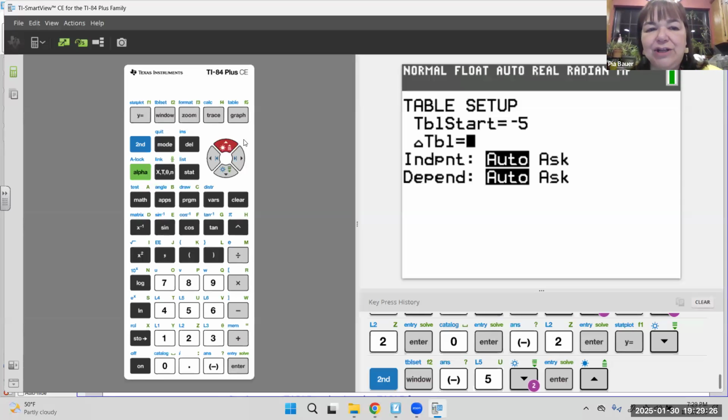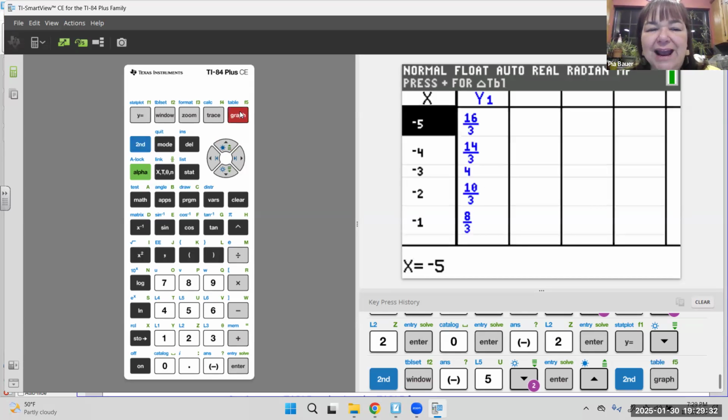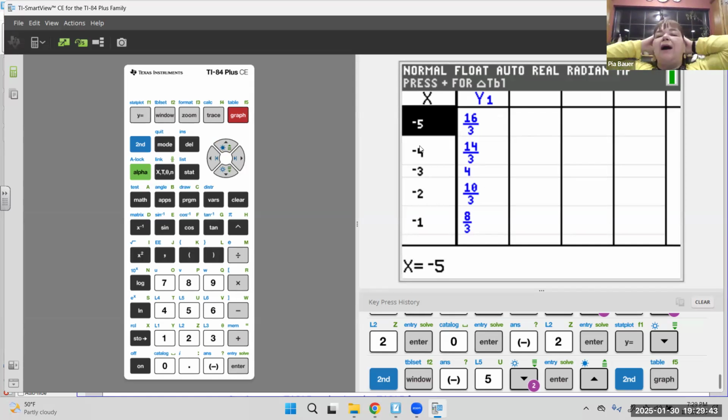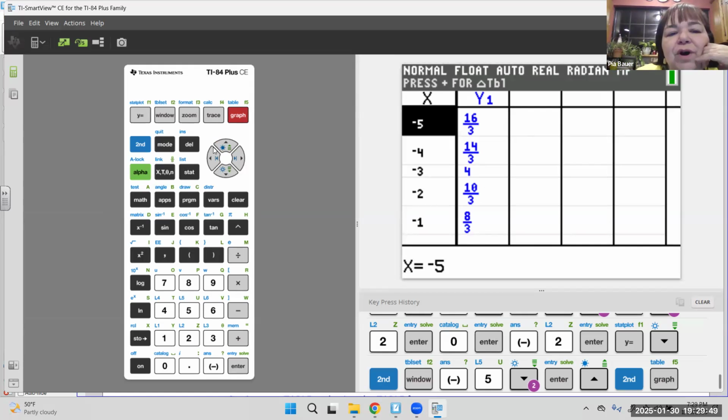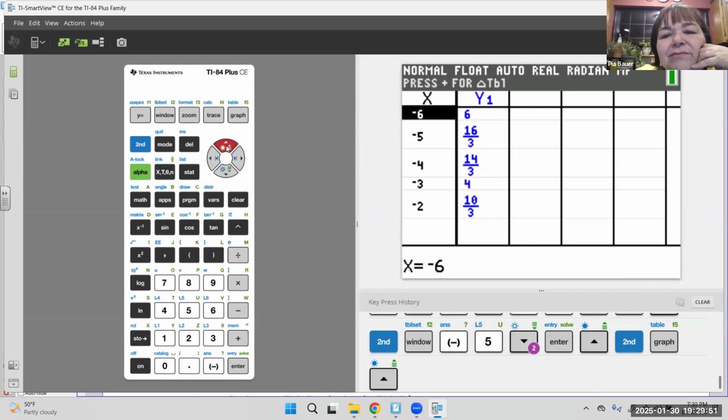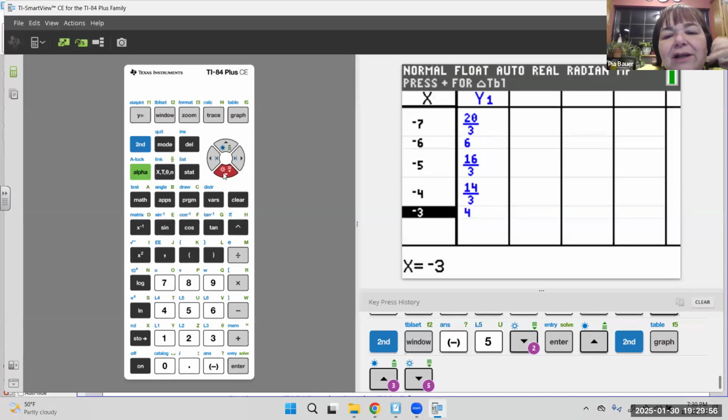So now you're ready to look at the graph. You need to go second and graph. What the calculator is doing is finding the y values for that function for all these values. But remember I said, what if I change my mind and I wanted to start with -7? You don't have to redo the table, because if you move with the up arrows, it will give you other values there. If you want to keep going down here,